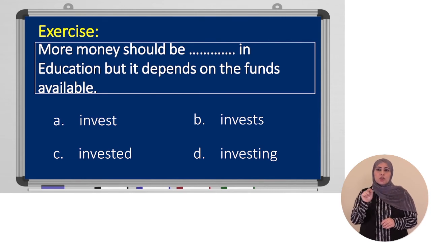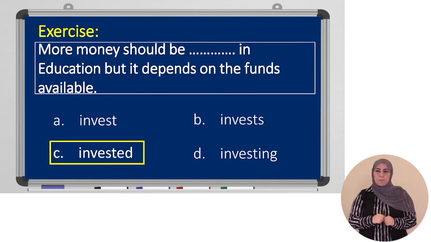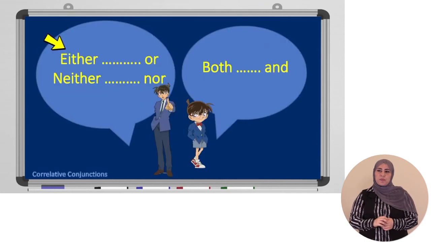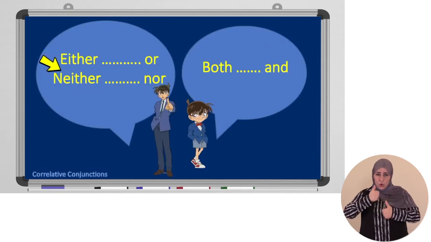More money should be, yes, invested. Excellent. This brings us to the second part of our grammar lesson, correlative conjunctions. You have either...or, neither...nor. Basically,